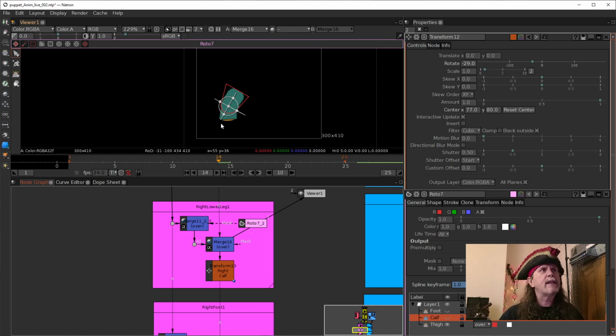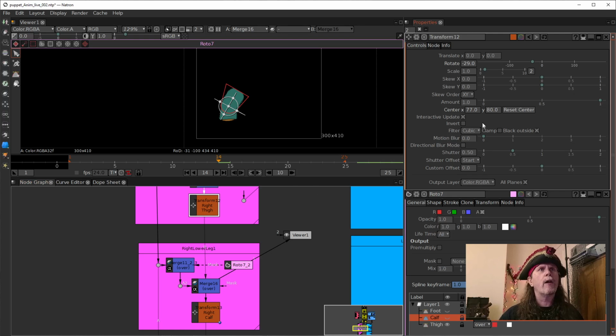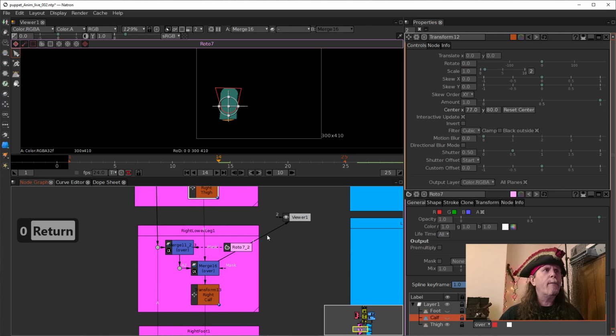So here is the knee, the two pieces connected. We can see that the thigh area, if we rotate it, rotates around there, and it looks fine. It looks like we've got a broken leg, but that's okay. We're not going to worry about that. And we go 0. So that means when we get down to the ankle area of the calf,